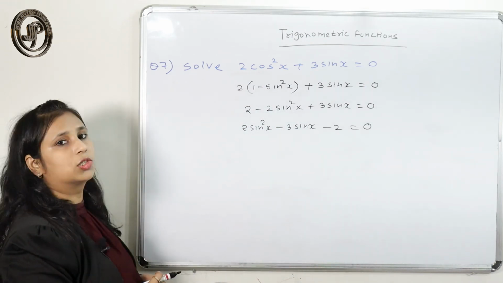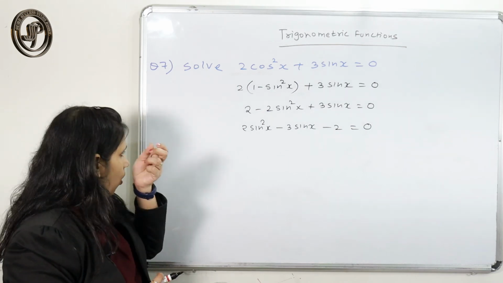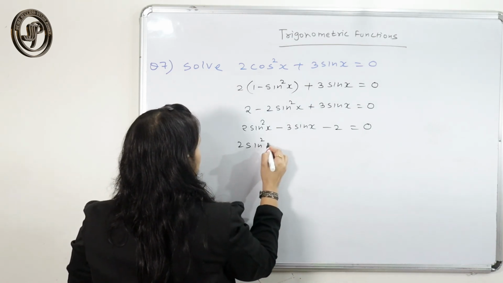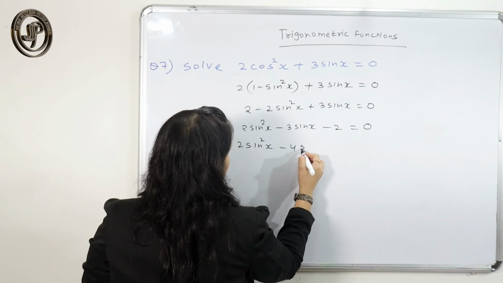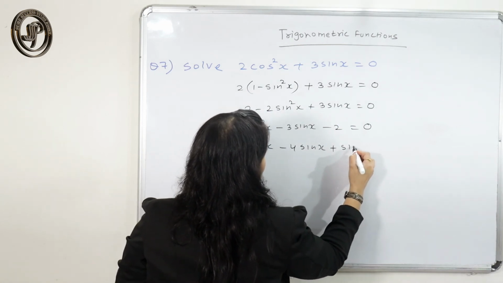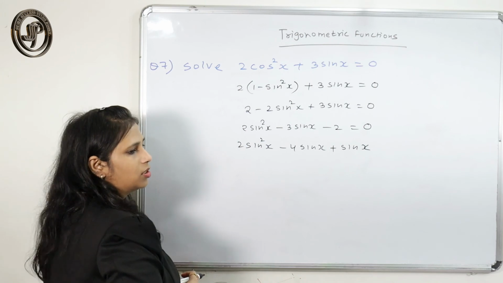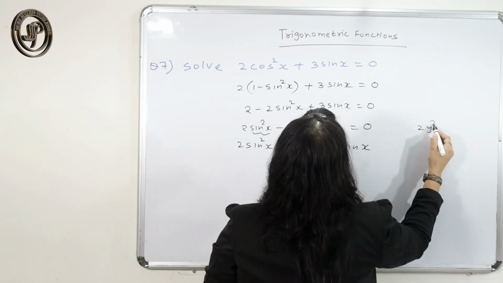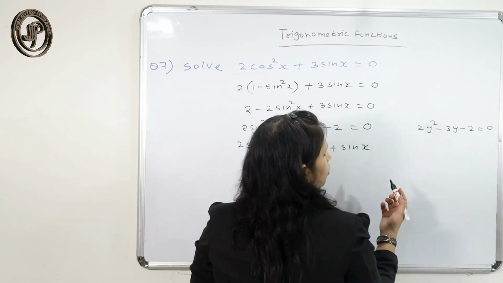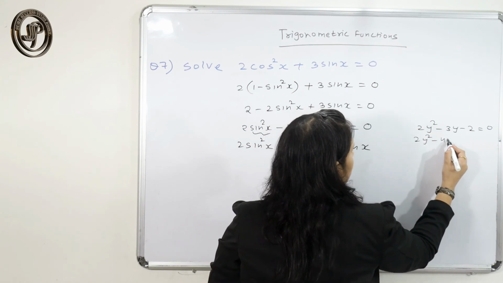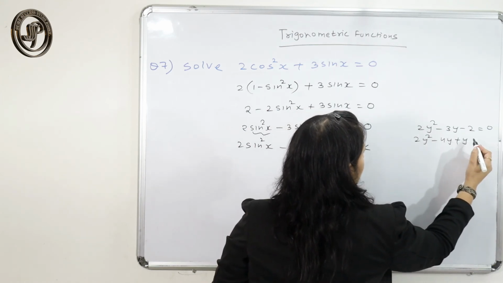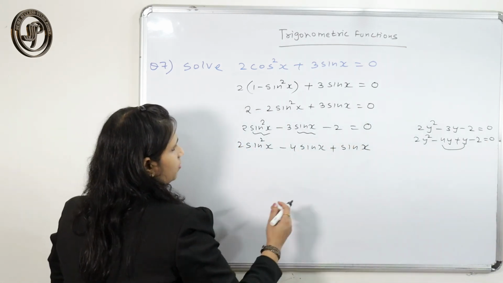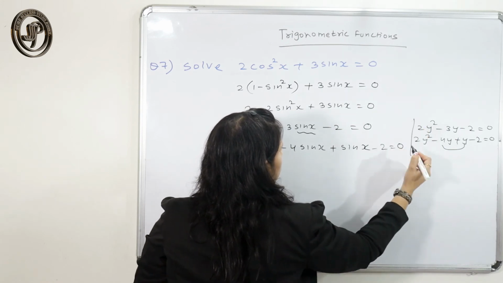Now you have to solve this quadratic equation. So how can you solve this? It is minus 4 sine x plus sine x, that would be the factors. If you consider this sine x as y, you just have to solve this equation. You know how to solve this equation: minus 4y plus y minus 2, because the multiplication is 4. Just middle term splitting. Minus 2 is equal to 0.